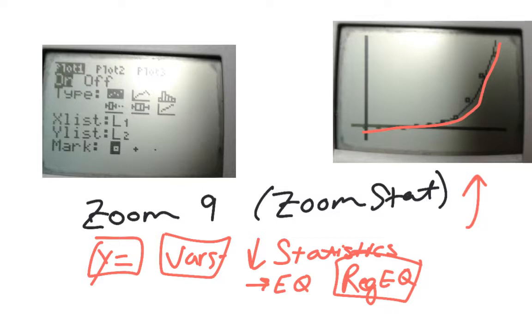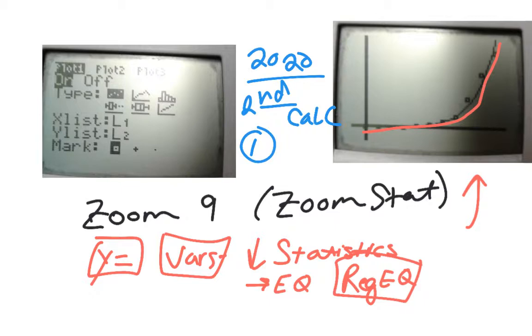And the last thing we need to do here is to figure out what the population is going to be at 2020. So I'm going to use my calculator to do that as well, instead of plugging it into the equation, which I could do. I'm going to hit second, and then calc, which is up under the Windows screen. It's the trace button. And then I'm going to go down to value, number 1. When I do that, it's going to ask me for my x. And so 2020, I'm not going to put that number in. I'm going to put 120 because it was 120 years after. So 120, when I put it in,